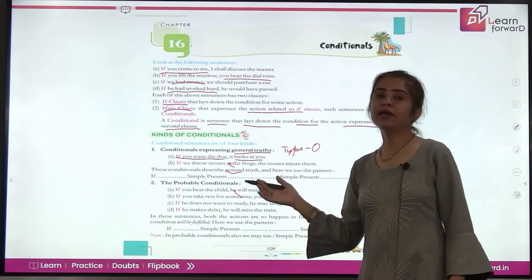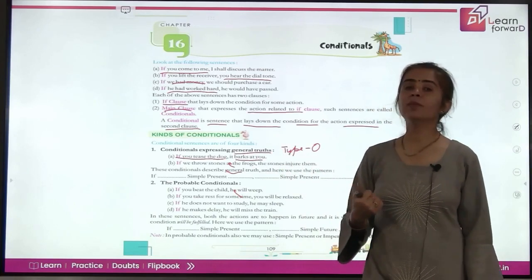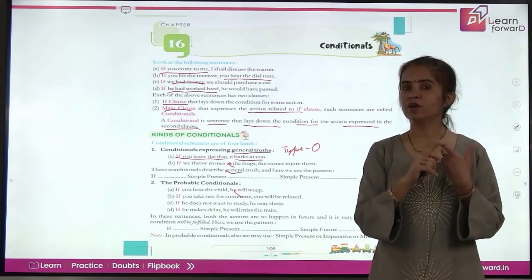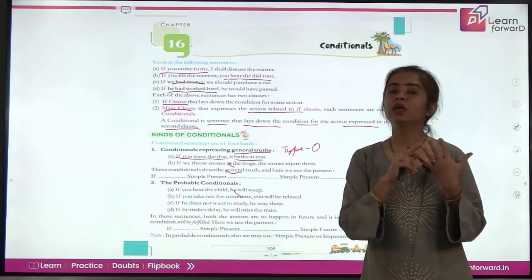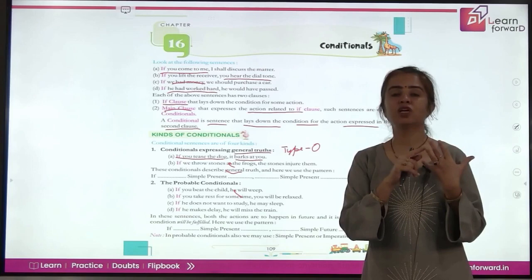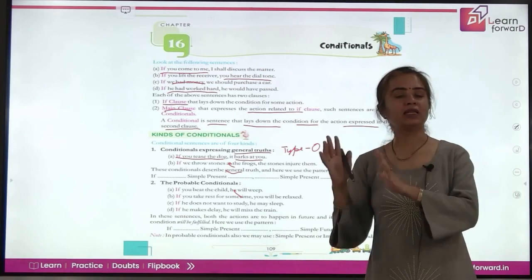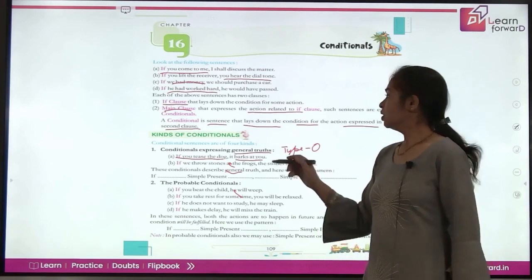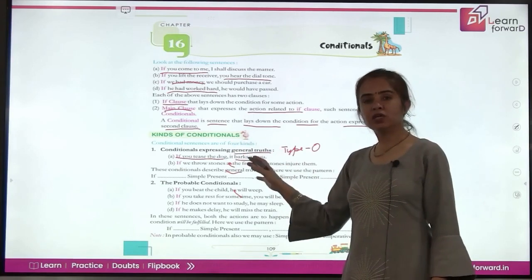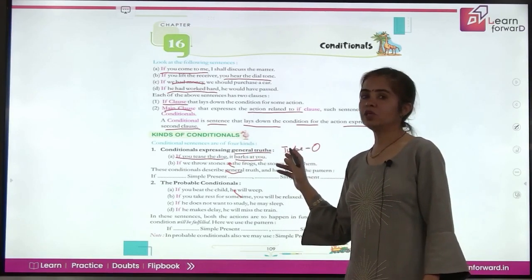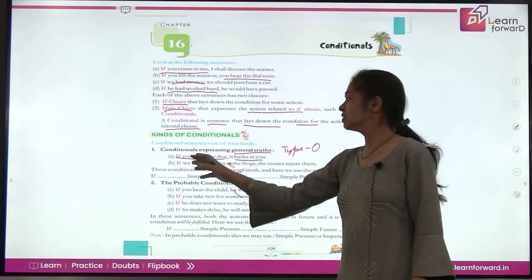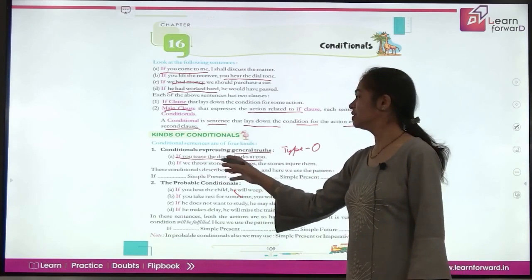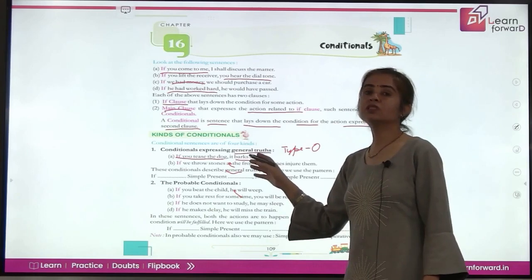And how do you write? What we have to learn about conditionals is what type of conditional it is, what do we consider in that category, and what are the verbs and tenses which are used in the main clause and in the conditional clause. So talking about general truths, this is called type 0. Here we talk about two clauses. This is the if clause, if you tease the dog, and this is the main clause, it barks at you.